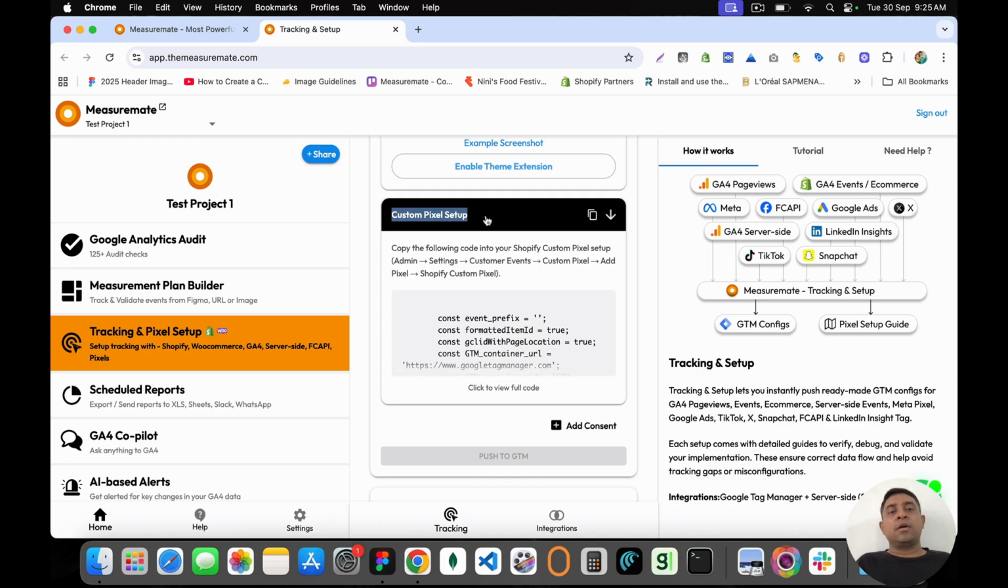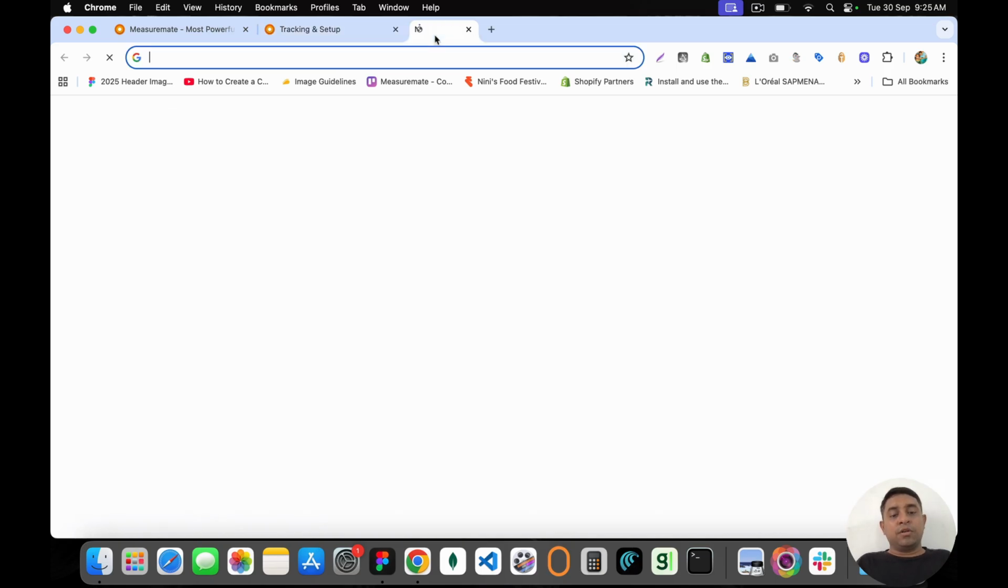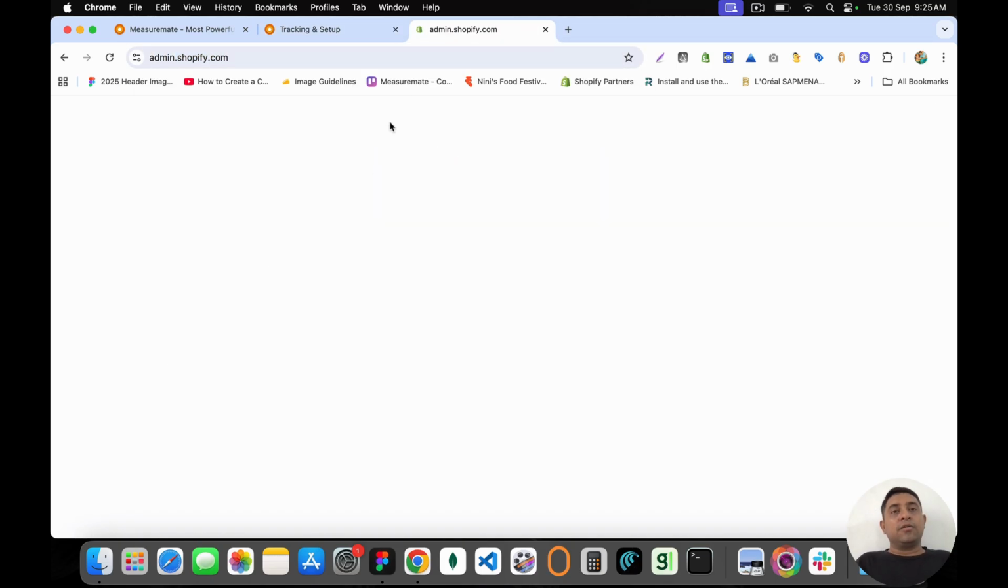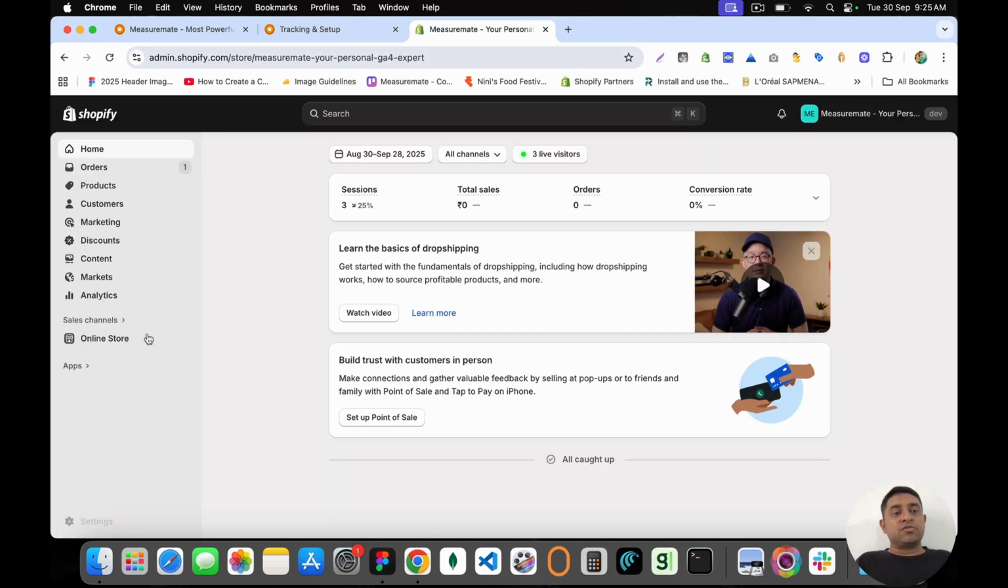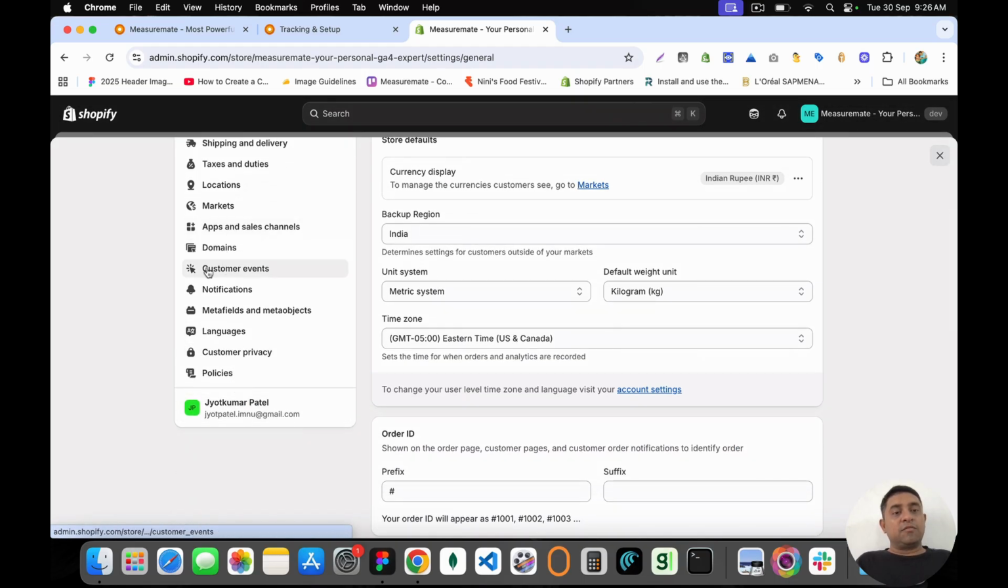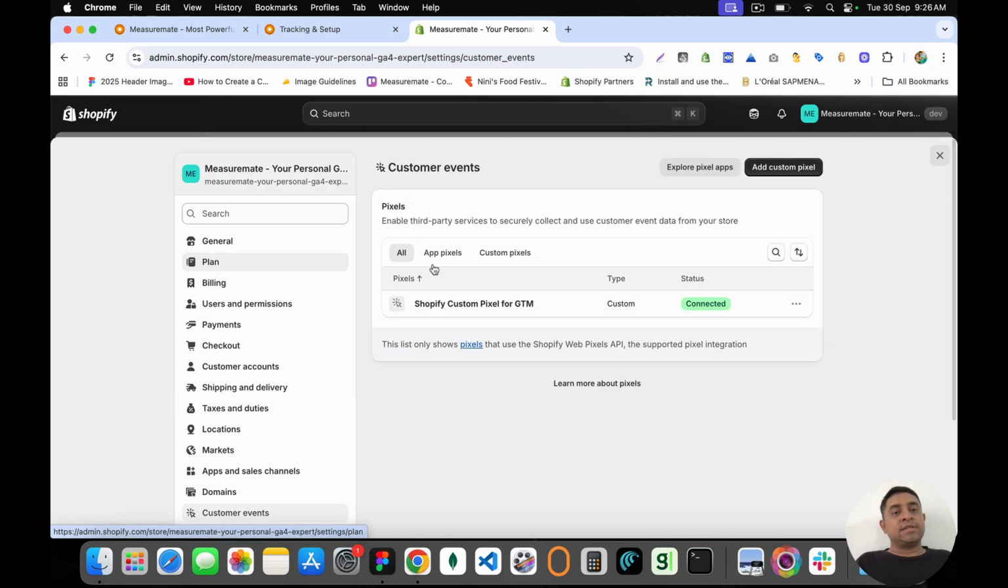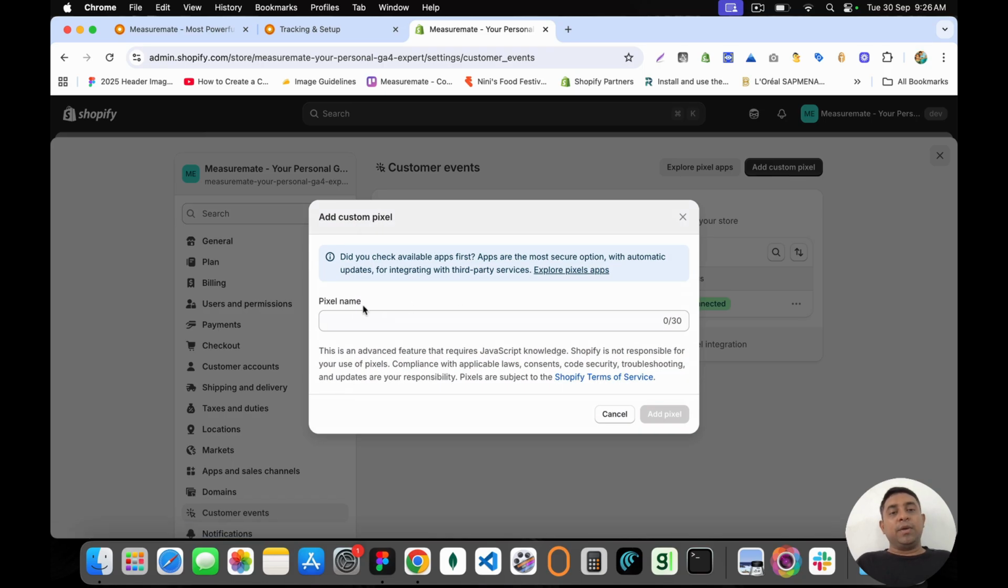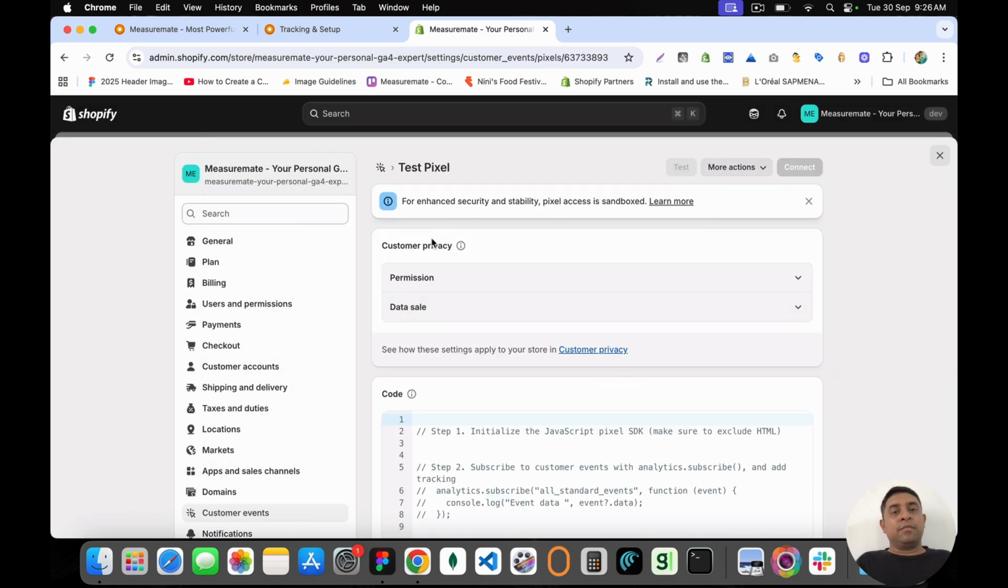To set up your custom pixel, what you need to do is, again, go to your store, right. Once you open your store here, there is a settings menu, and within the settings menu you can see the customer events, and within customer events you can create a new pixel. The pixel name is test pixel. We might not connect this one, but overall